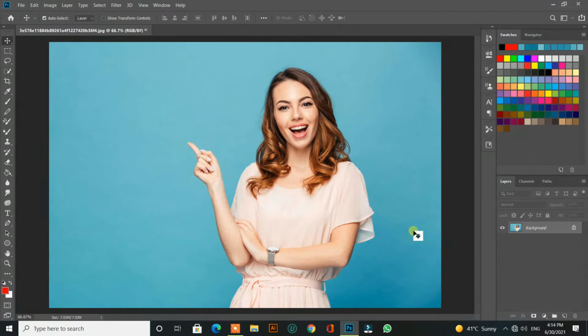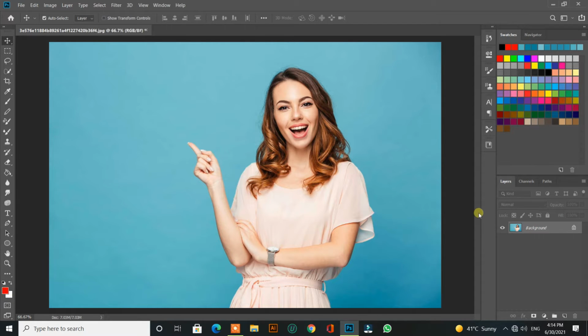In this video tutorial, I will teach you how you can crop your image in a circle. You can apply this tutorial in any version of Photoshop. It's very easy and simple. So let's begin. First of all, open the image you want to edit and make sure that the image is